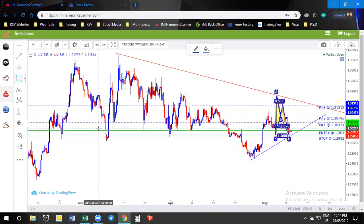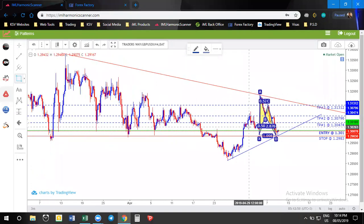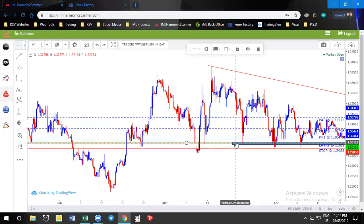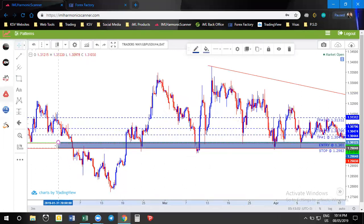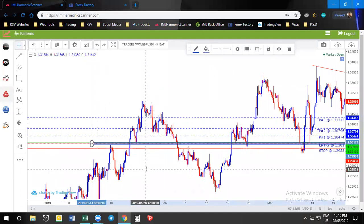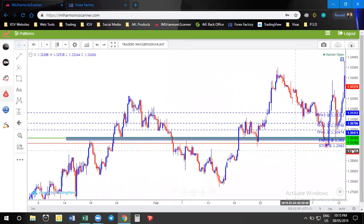Right. And how do you know? Anytime you're looking at support and resistance, you always want to look at what is happening in the past before you come into the future. So you'll know, is this really a good zone for me to buy or sell, depending on what the scanner is asking you to do. So this is what I'm seeing, and using the entry line, I'm seeing